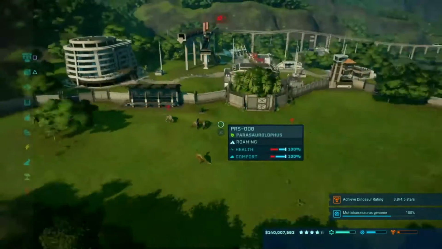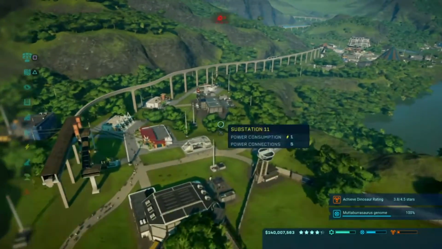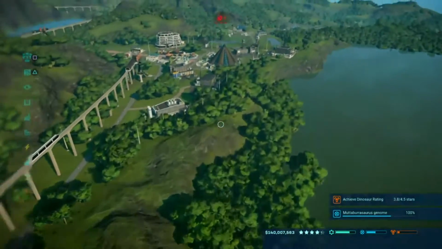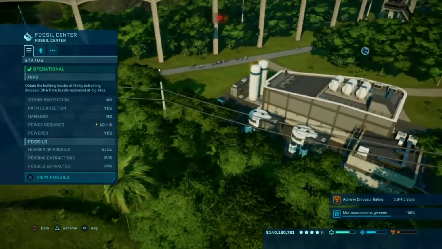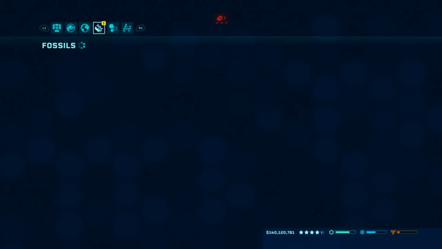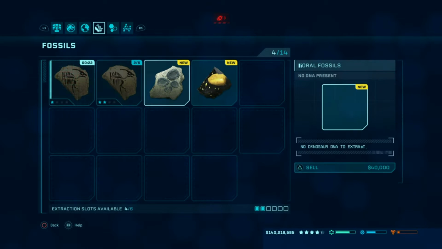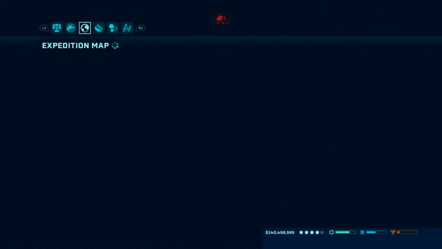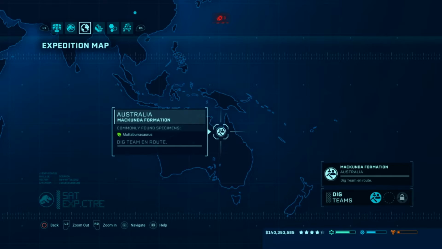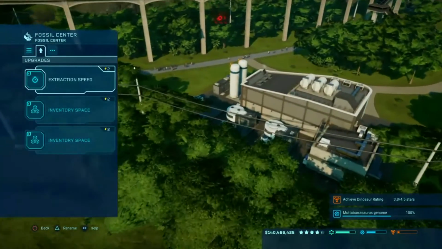Oh, they're glitching into each other, man. Somebody needs to work on the collision. This game still has some issues, but nothing game breaking yet. That's just an annoyance thing where they're glitching into each other. Hello? All I can do is